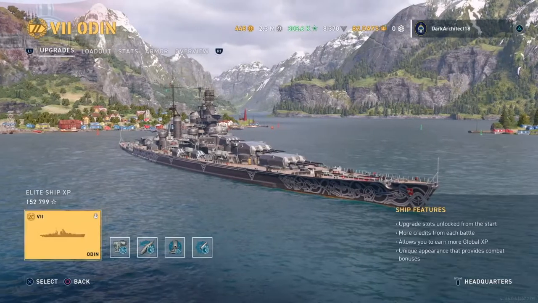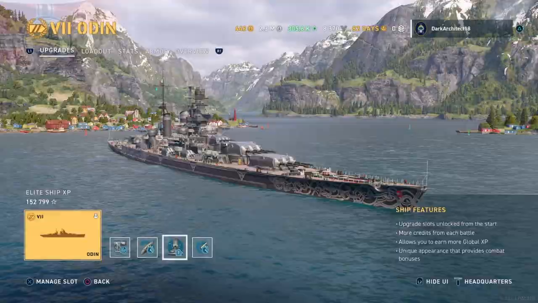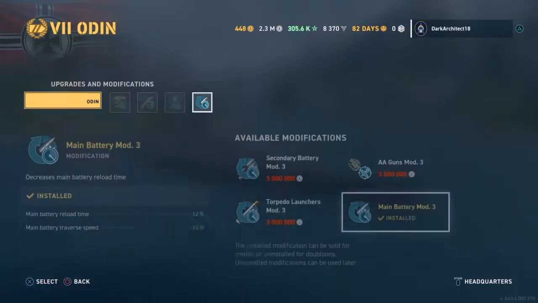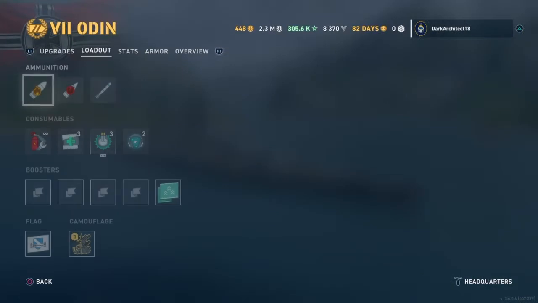So now we're going to look at the mods. So we have aiming systems mod 1 in the first slot. Second slot we have steering gears mod 2. Third slot we have target acquisition systems mod 1. And then in the fourth slot we have main battery mod 3. So with that, now we're going to look at the